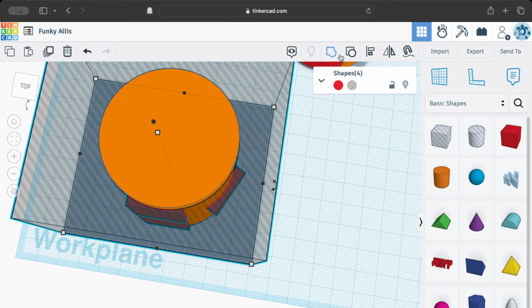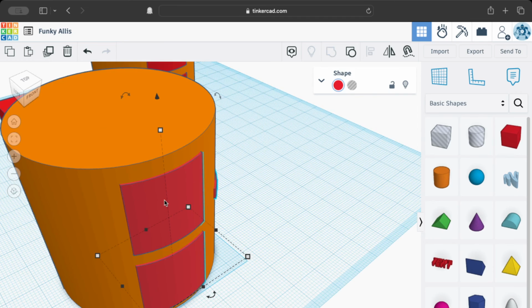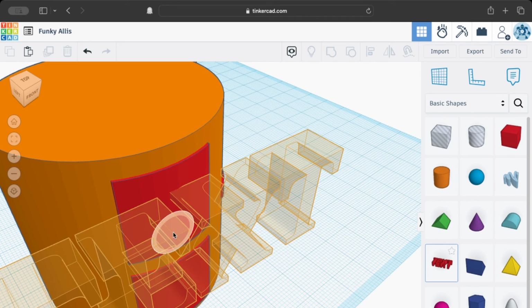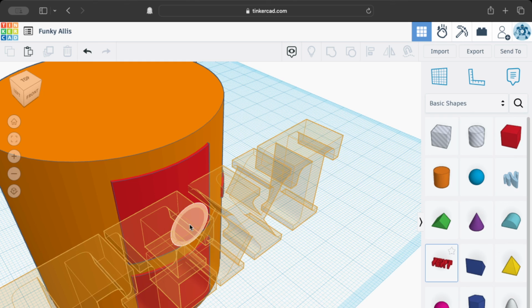So there we are, and now we can group them. Remember that these could be words. You could have your text in here, and you could put your text onto the side like this, and you could cut your text out. So if you've got some writing on there, some letters that you're going to